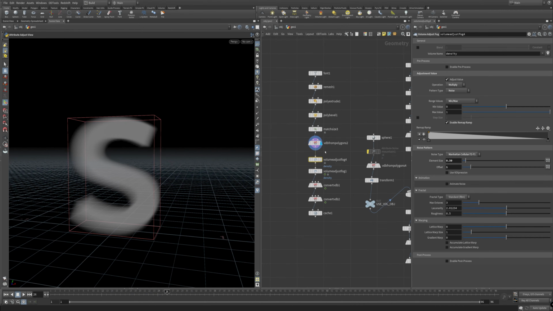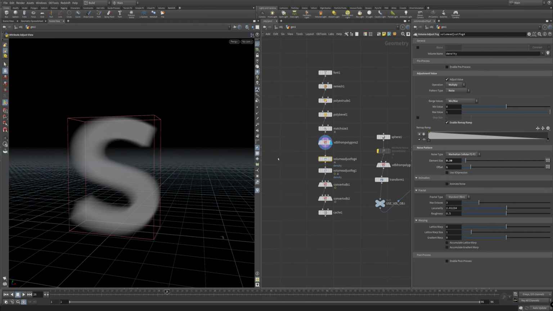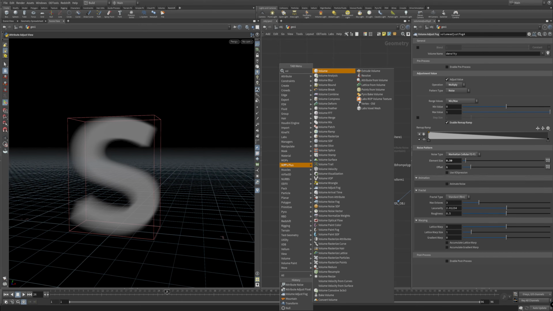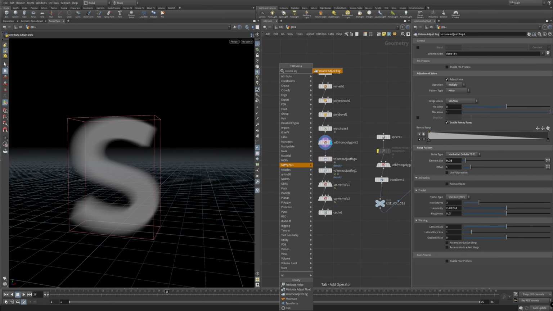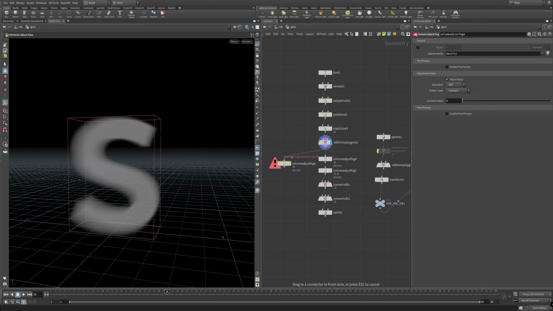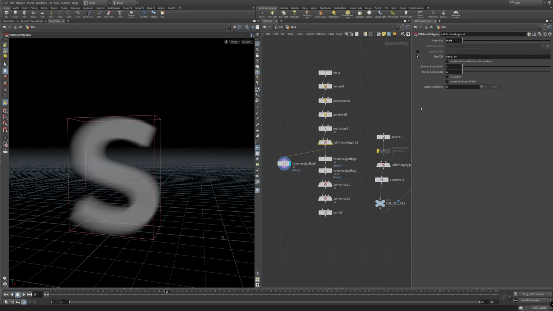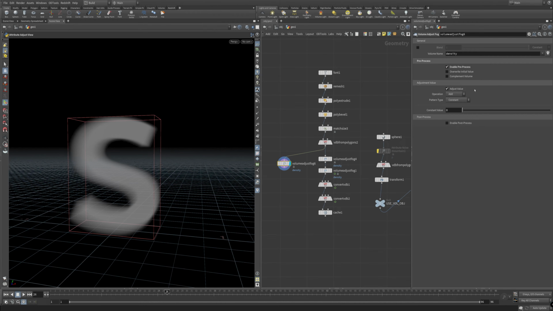So I guess for the purposes of learning, I should throw down a standard volume adjust like so. Look at this. And what you're going to get up here is just general stuff. If you want to blend with a constant or use volume like so, we can talk about that in a little bit. Your volume name, which we're getting from right here, and we're going to use a different one over here in a little bit, and we'll talk about that. And some pre-process, post-process stuff.